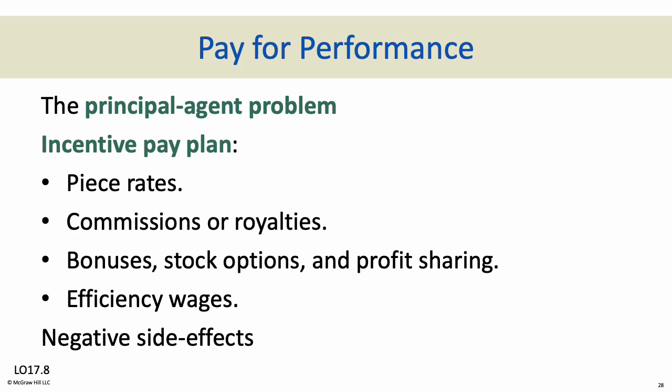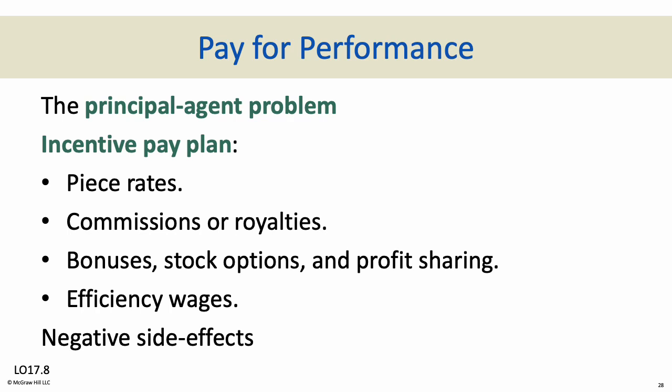You can also pay employees with things like bonuses, stock options, and profit sharing. A bonus every year depending on how well you work, and that could be variable. Stock options meaning you get the right to buy shares in the company generally a lot lower than they're worth, or you can even be gifted shares. And profit sharing, you get a piece of the company's profits.